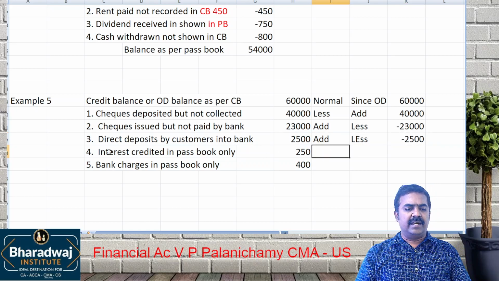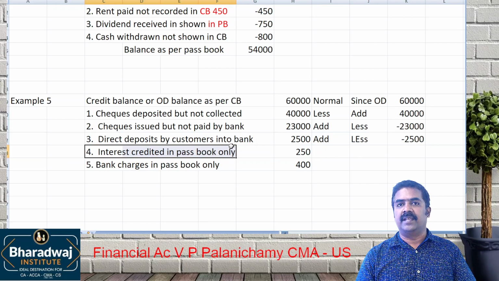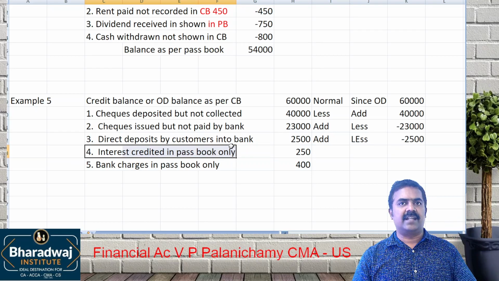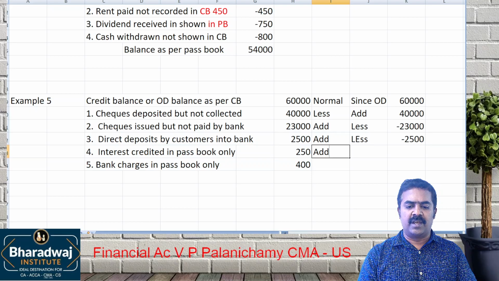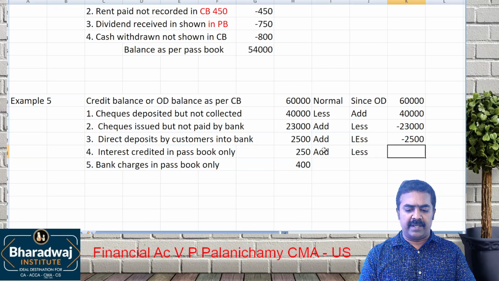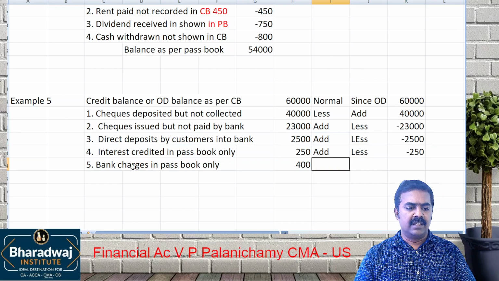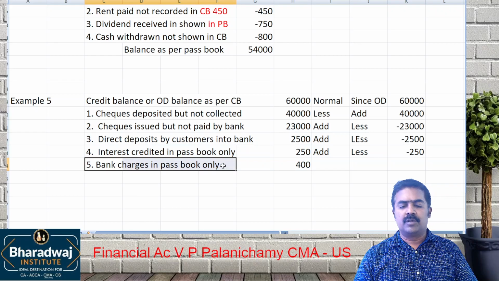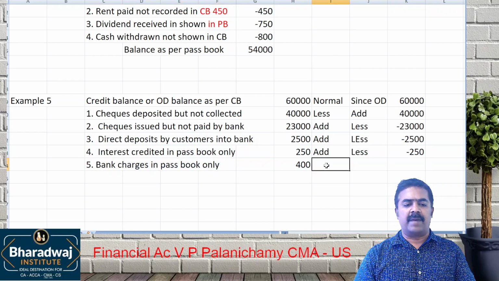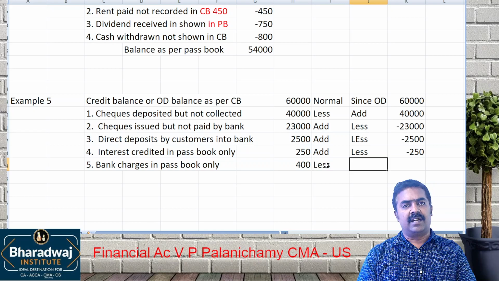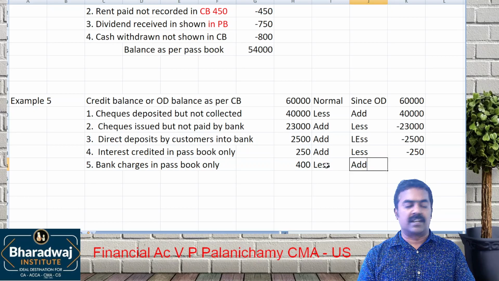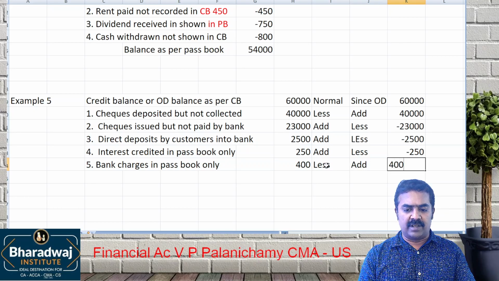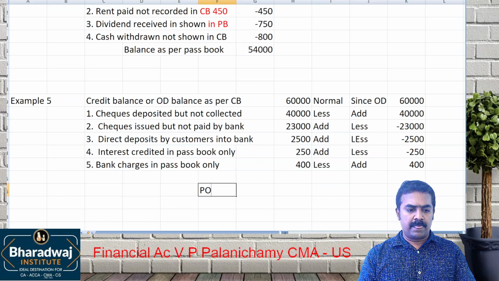Then interest credited in passbook only. Banker has added. Let us also add it. But since OD is the starting point, minus 250. Then bank charges in passbook only. The banker would have deducted. Let us also deduct it. But since OD is a starting point, we add 400. This will give us OD as per